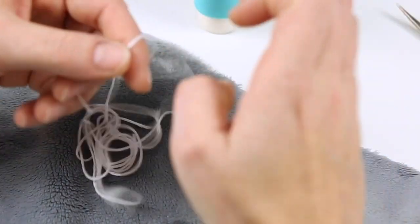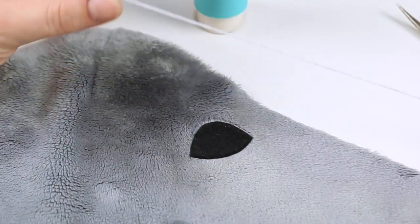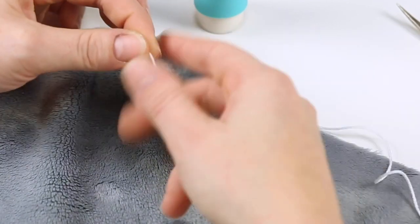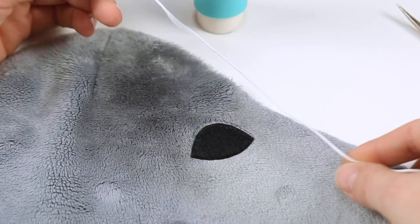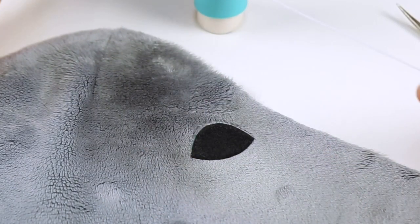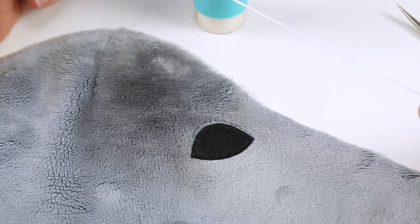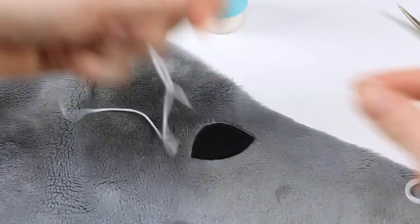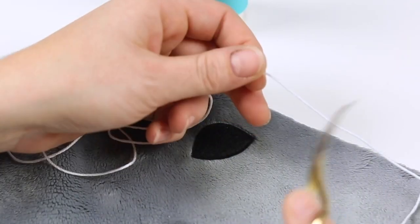This one here is a hand embroidery thread which is much thicker than sewing thread, so I don't need as many stitches. If I were to use simple sewing thread, I would probably spend an hour embroidering the white eye twinkles. The embroidery floss has many more threads and is a bit thicker, so it doesn't take that long to embroider areas like this. And now I just cut off a piece about 20 centimeters long